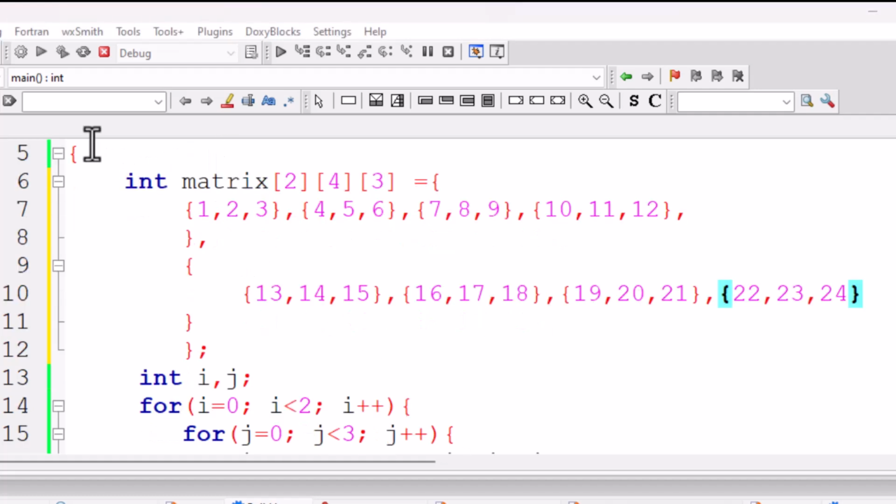So these have just been arranged like this, so you can see there are 2 rows here, and we have how many? You can see 4 columns, 1, 2, 3, 4, 1, 2, 3, 4, and we have 3 dimensional values, so you can see 13, 14, 15, 1, 2, 3. So that is it. Again, now let me just do the logic for printing all elements using a 3 nested